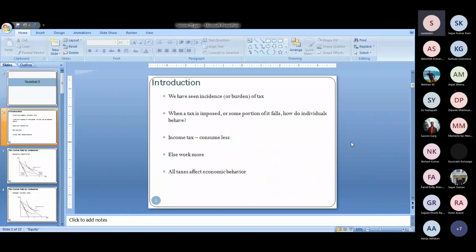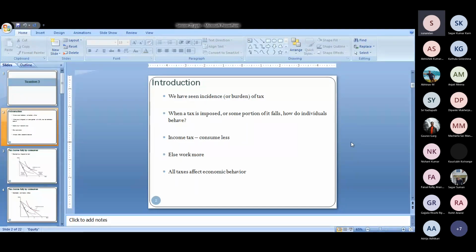So far, what we have seen in details to some extent is who shares the burden of the tax. But the next question that we must carefully address is, the moment the tax is imposed, or at least partially, I have to bear the burden of the tax, then how shall I behave? So basically, impact of tax on economic behavior,